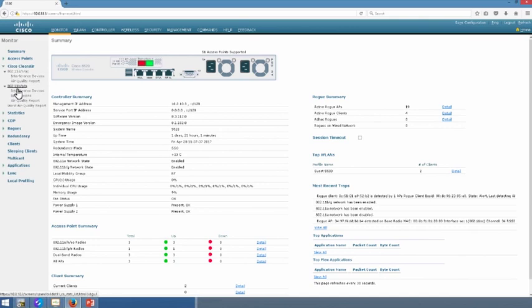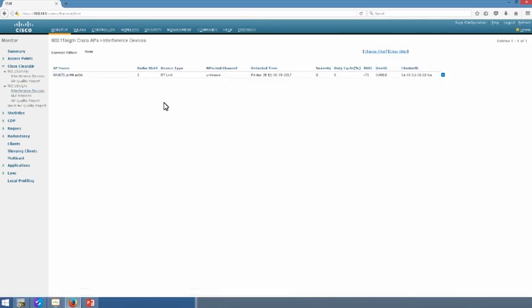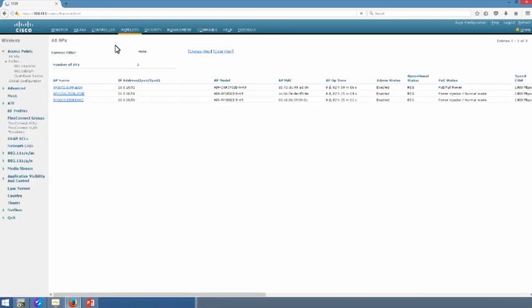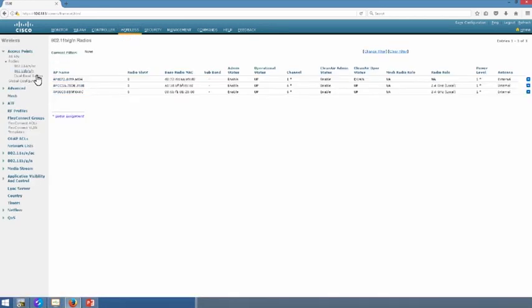So let's go back to our clean air on monitor, and now we're seeing some clean air data. Before we start this, what I am going to show you is what channels we have our APs on. So right now we have channels 1, 6, and 6 for my APs that I have here. So that should even out into 1, 6, and 11. Since I just turned the network on, they're going to figure it out right now. But what I'm going to do is try and chase this one AP off of channel 1